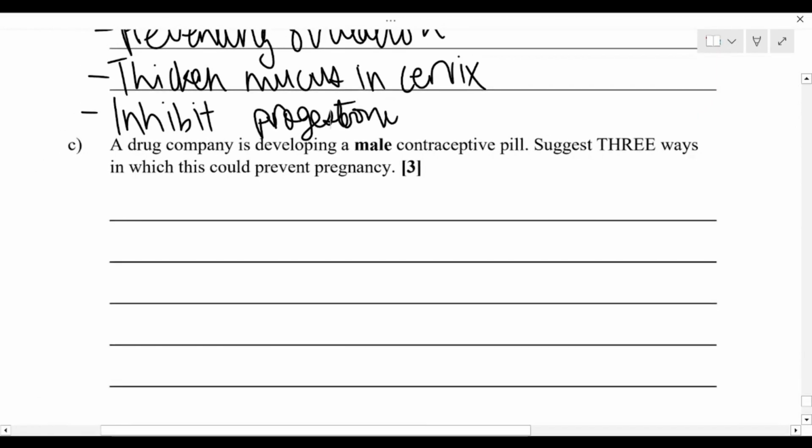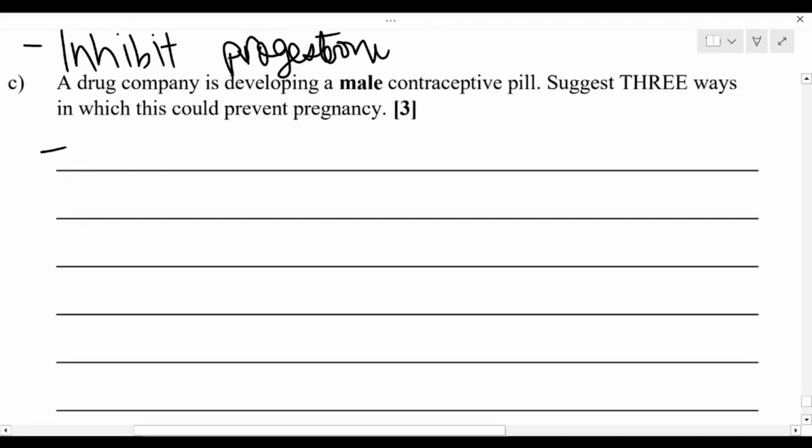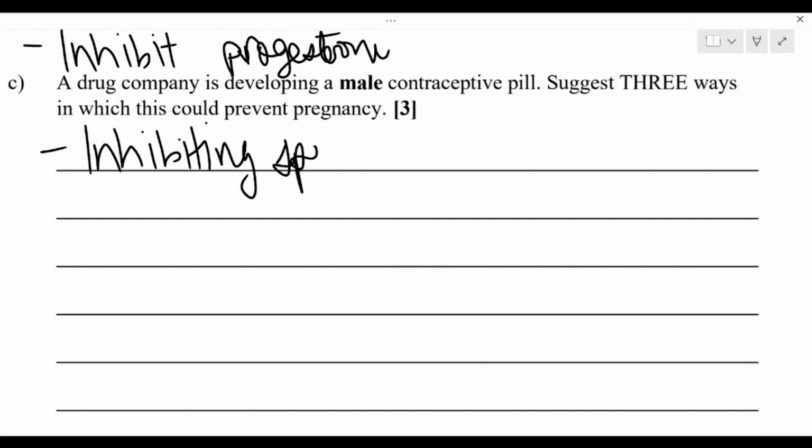Finally, a drug company is developing a male contraceptive pill. Suggest 3 ways in which this could prevent pregnancy. Inhibiting sperm development, reducing testosterone production, because testosterone results in the formation of sperm,